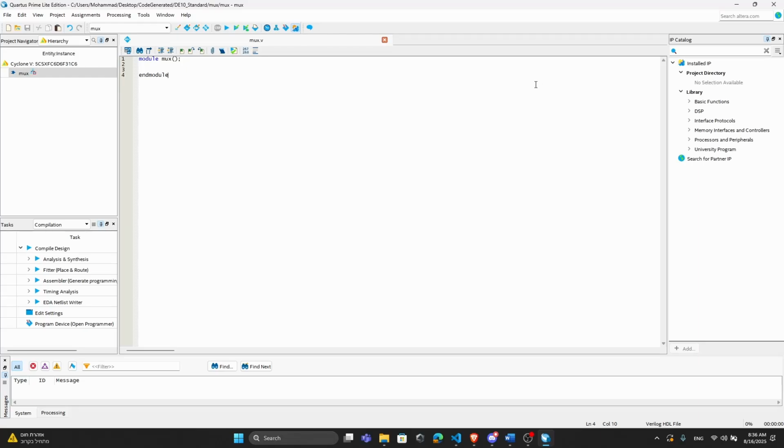Hello everyone. In today's video, we will continue our FPGA tutorials by designing and implementing a multiplexer. A multiplexer is a device that selects one of several inputs and forwards it to a single output line. So, we are planning to design a 4 to 1 multiplexer, but first we need to design a 2 to 1 multiplexer because in this diagram that shows the 4 to 1 multiplexer is actually 3 2 to 1 multiplexers,